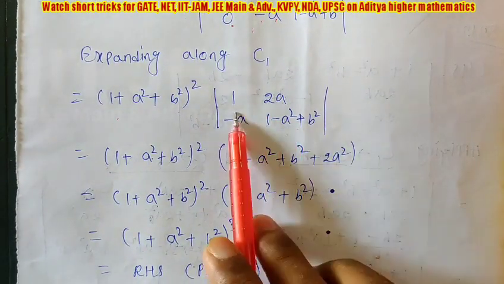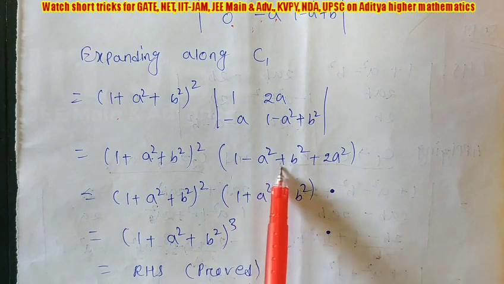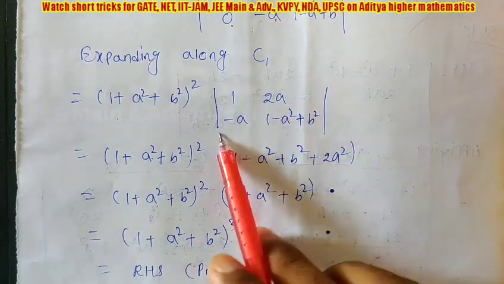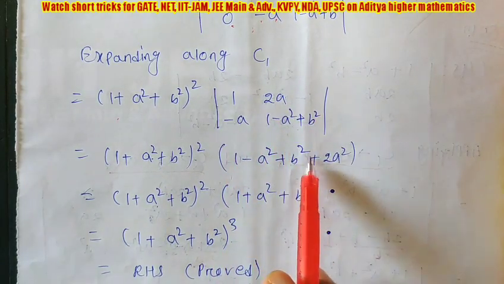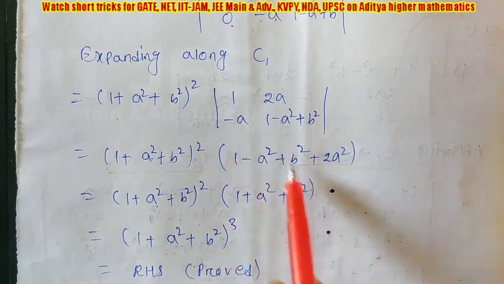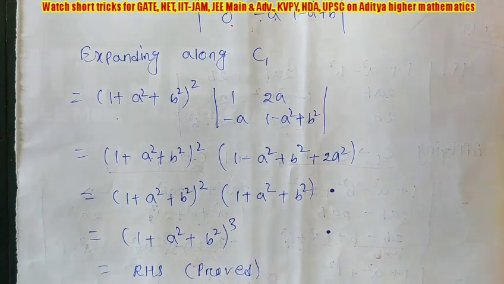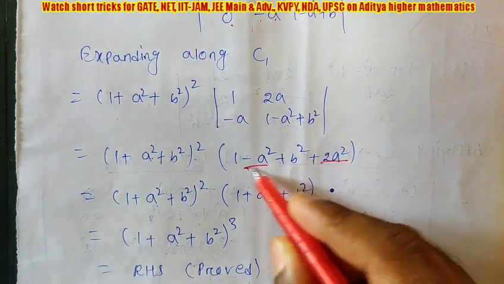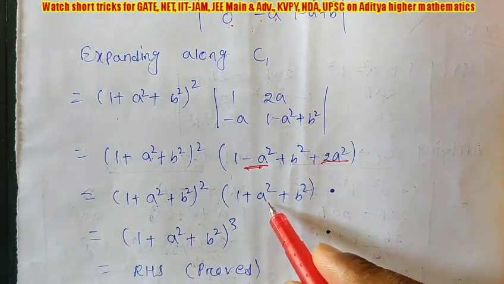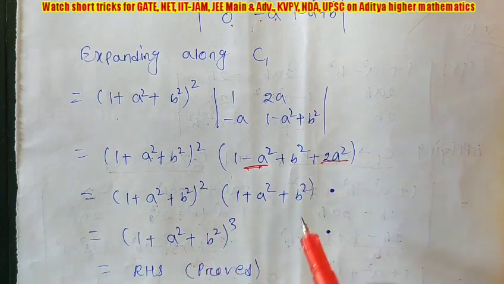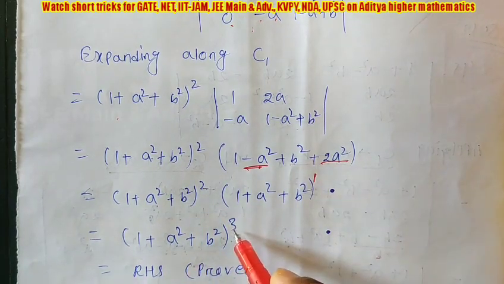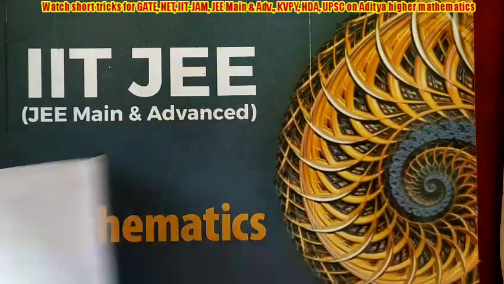Now multiply with diagonal elements. So we are getting 1 minus a square plus b square. Multiply the non-diagonal and use the sign minus. But here again minus is there. So plus 2a is 2a square. Now you can see 2a square, but here minus a square is given. So we are getting plus a square. Now it is whole square. Again here power is 1. So you will get whole cube, which is the RHS, nothing else.